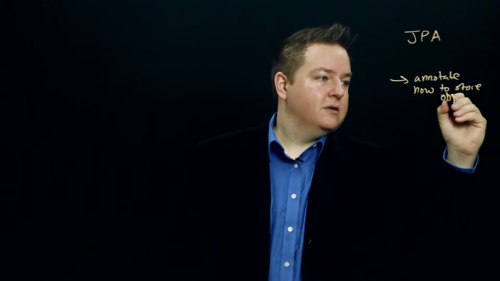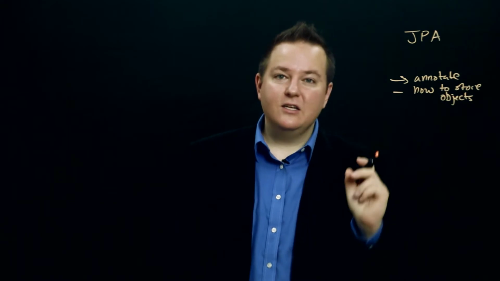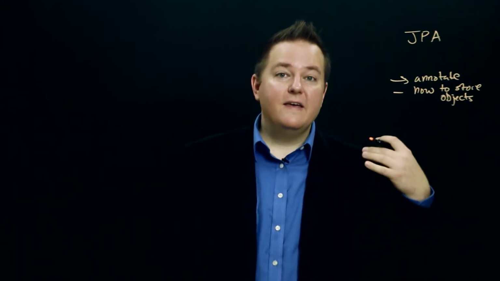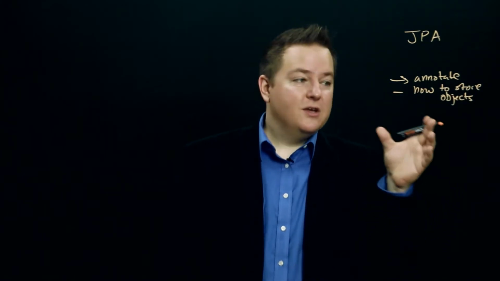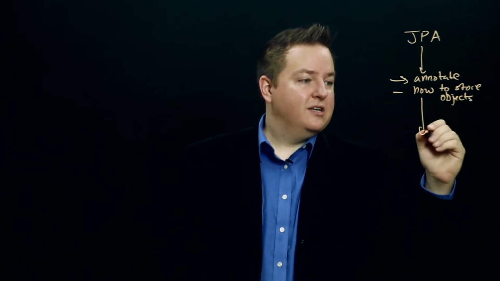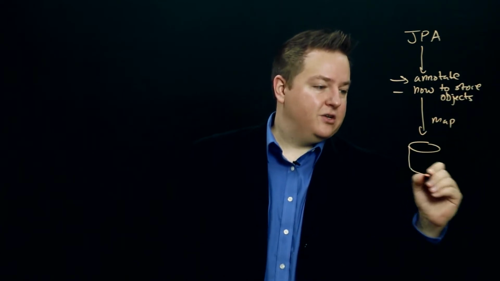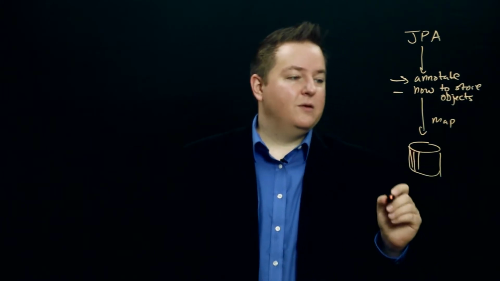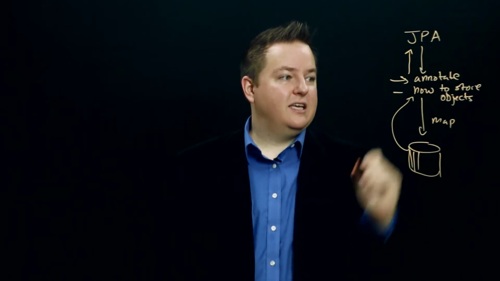in a database. So we go and we add these annotations to our objects, and then JPA can automatically look at our objects and look at those annotations and figure out the appropriate way to turn our objects automatically into rows and columns and tables within a database. So JPA uses this information to marshal or map our objects down into the underlying database. And then whenever we want objects back, it uses this same information to help us get objects back out of